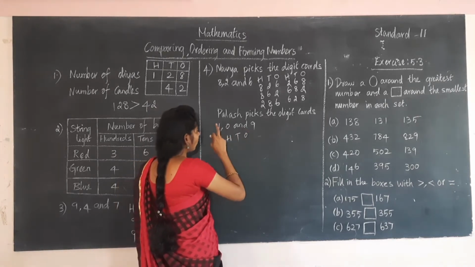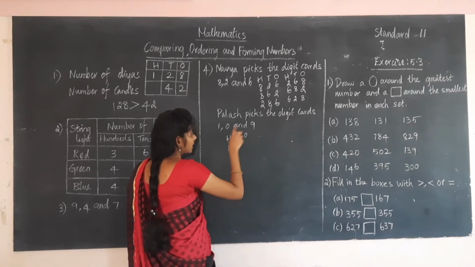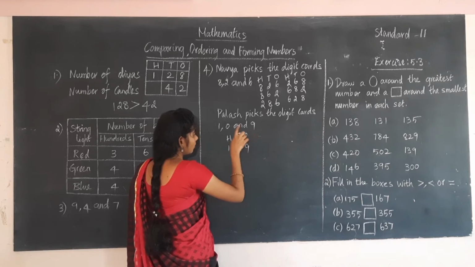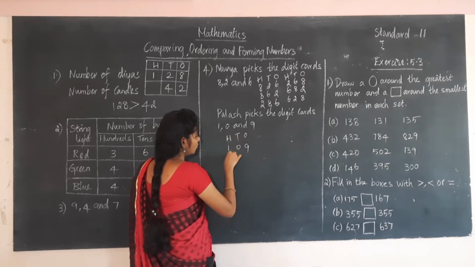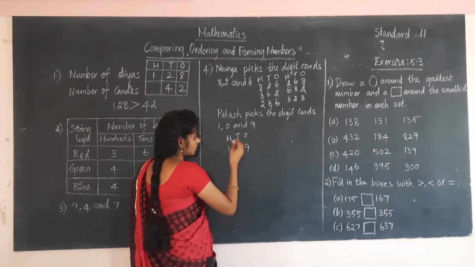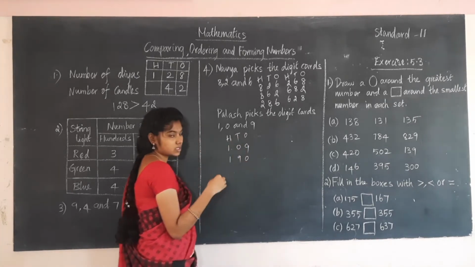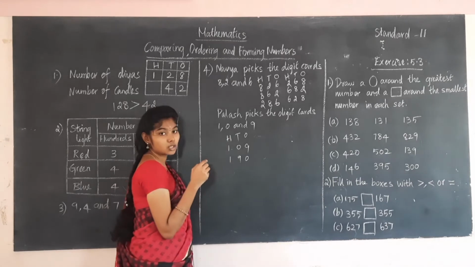So I am taking 1 in the hundreds place and placing these 2 numbers in tens and ones, and this number, and I am going to interchange 1 in the hundreds, and I am interchanging this. That is, this is another possibility. So 9, 0. And next I am going to place 0 in the hundreds.